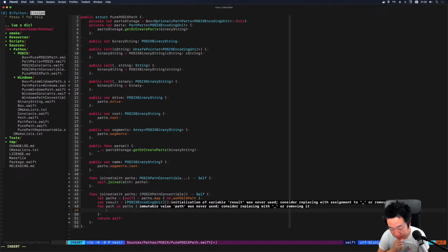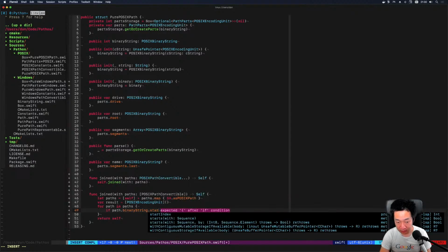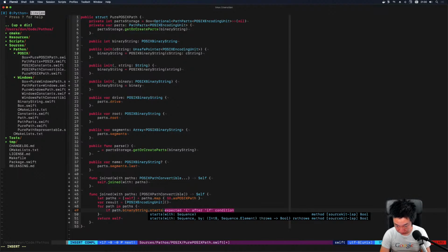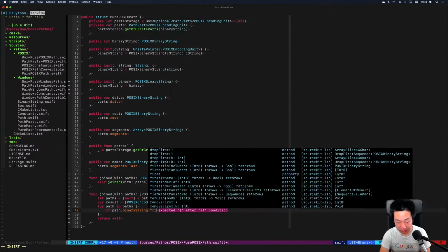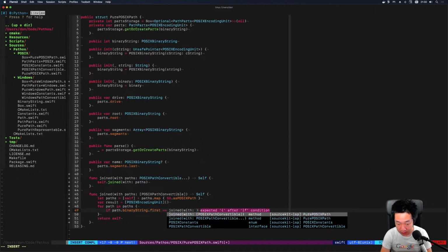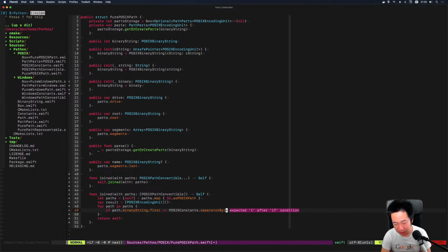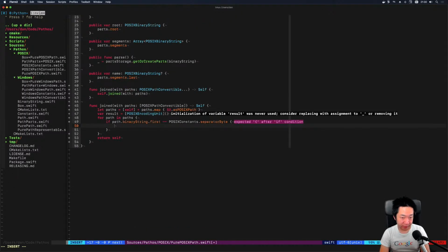Okay, so now we can go back here because we have a path which is the native pure path format. Now we can take the binary string out of the path and say if it has a prefix. Actually, even better, right? If it starts with, or even its first value is POSIX constants. This is why I wanted autocomplete, separator byte. I really should call it something else. It's not a byte on Windows. If this is the case,